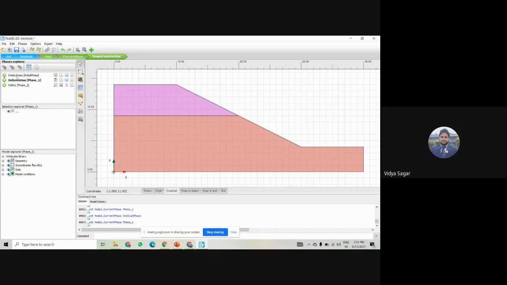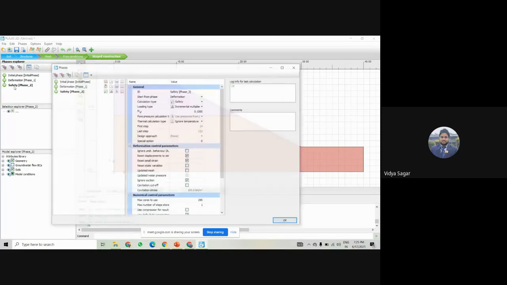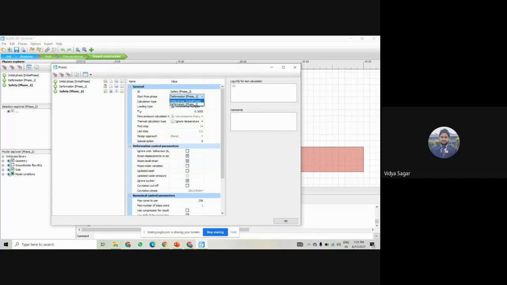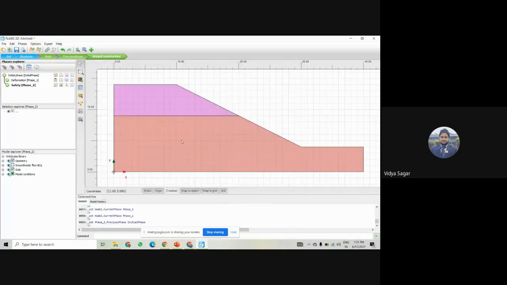We have only created the safety part after that. So I'm again starting from the initial phase, and here we have checked the factor of safety of the slope without nail.